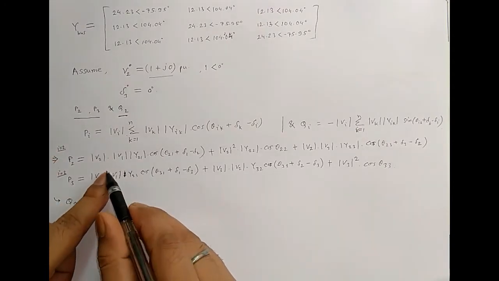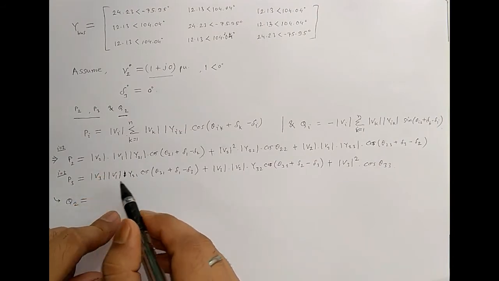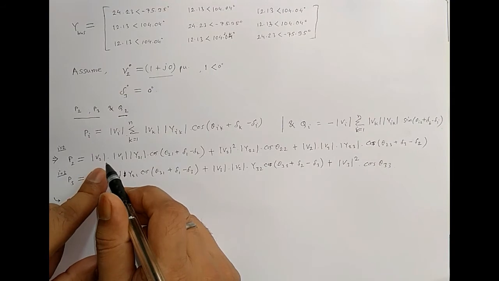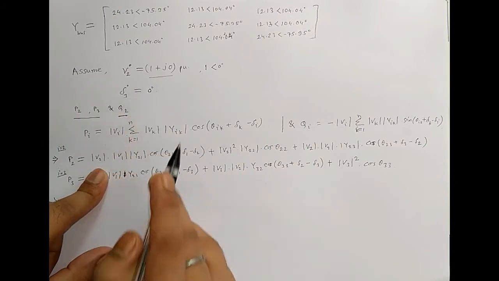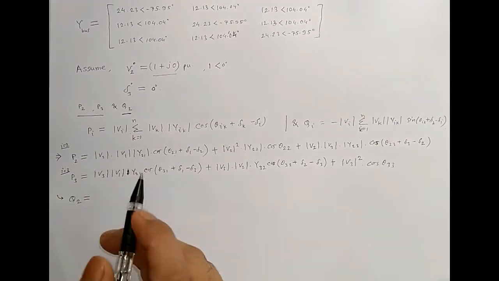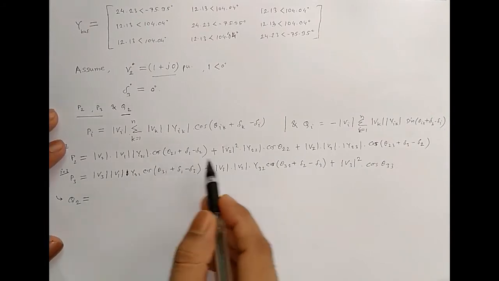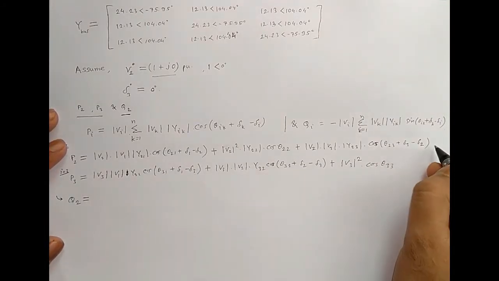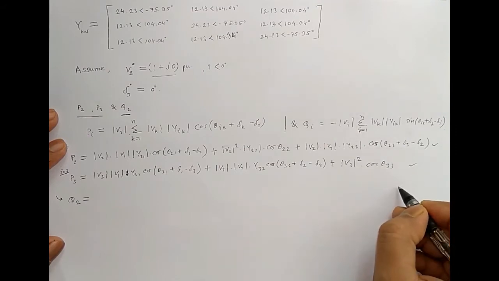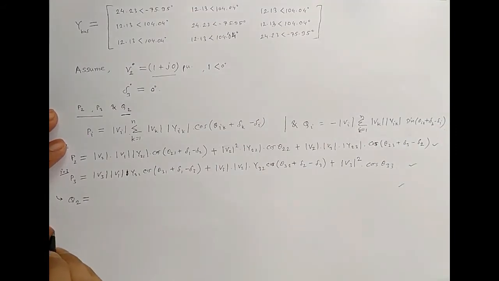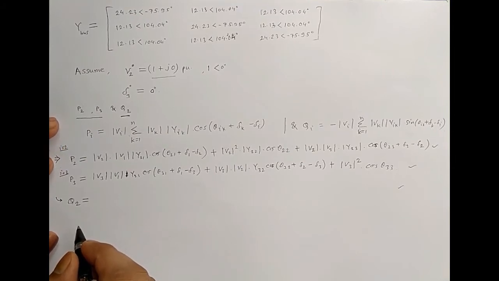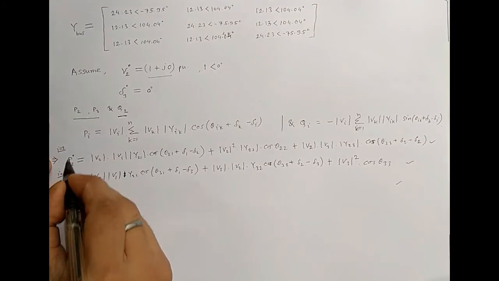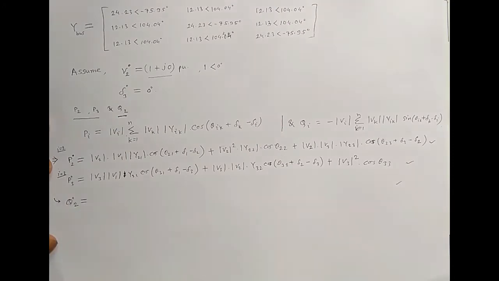Since in this equation for P2, P3 and Q2, we either know the things or we have assumed them, with the help of these known things we know V1, V2 and V3 and all the angles. So with the help of these three equations, we will calculate P2, P3 and Q2 for the zeroth iteration. That's why this will be the zeroth position.